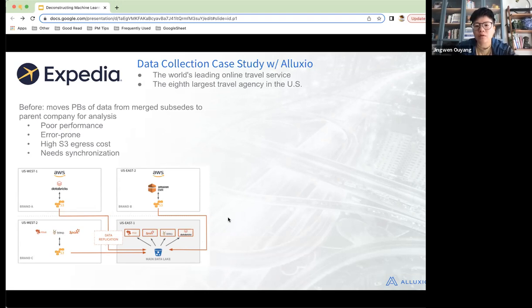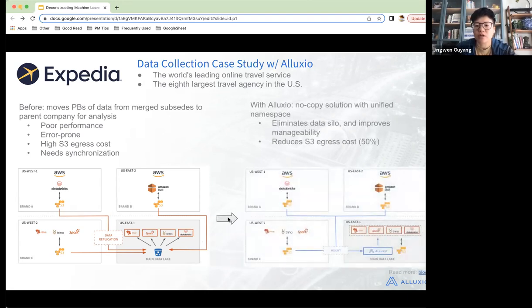So now the solution that we provide with Alluxio is a no copy data solution with our unified namespace that we mentioned. So this way Alluxio sits in between, and then we can access all the data directly. When the data is accessed the first time, we read it from the source, and then it gets cached in Alluxio. And then if we need to use that data again, we read it from this cache layer directly.